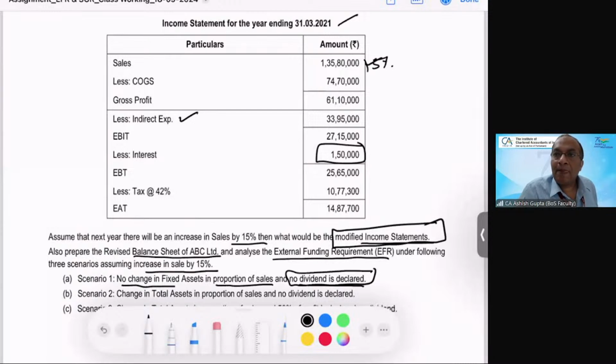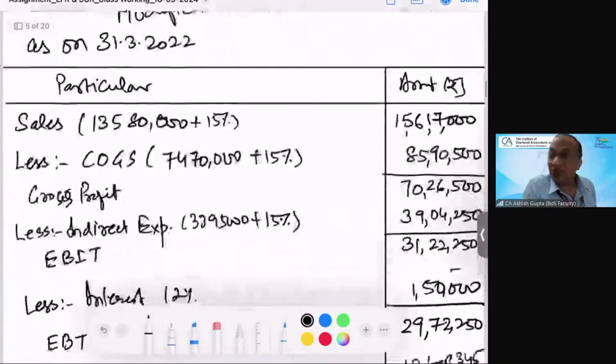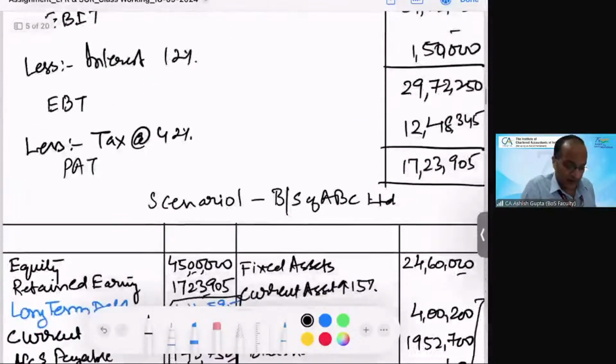So we are considering the same interest, that is, there is no change in the debt. Whatever the change, some will come from the interest, it will be used. And why is there no change? Because we have been given that there will be no change in the fixed asset, that's why we are considering the same. I hope it is clear to you. If you have any doubt, you can ask me.